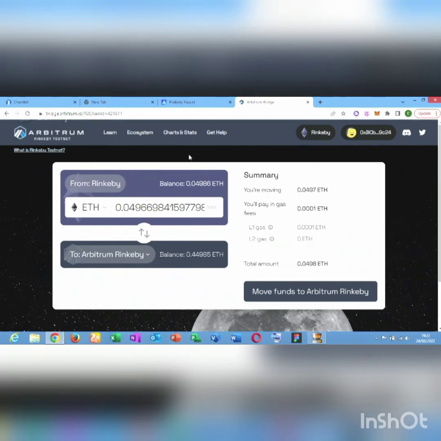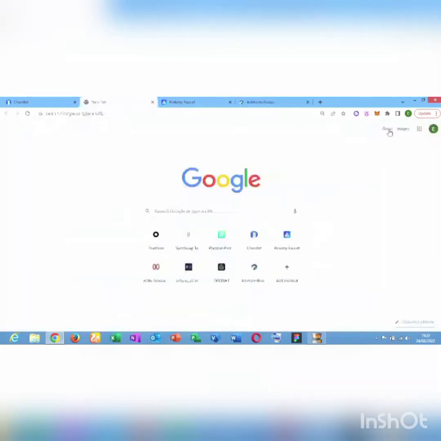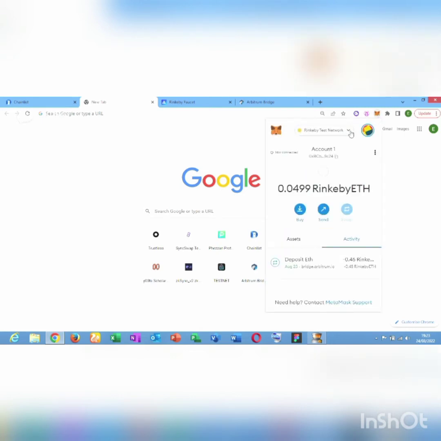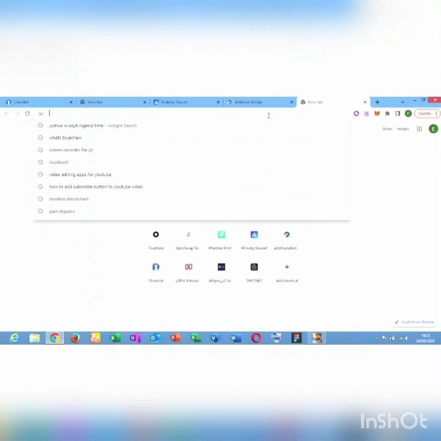All right, so once you finish bridging, now you have to go back to your MetaMask. Head back to your MetaMask, and you have to switch the network back to Arbitrum. Now we'll switch the network back to Arbitrum. Okay, now once we switch network, what we have to do next is to go to